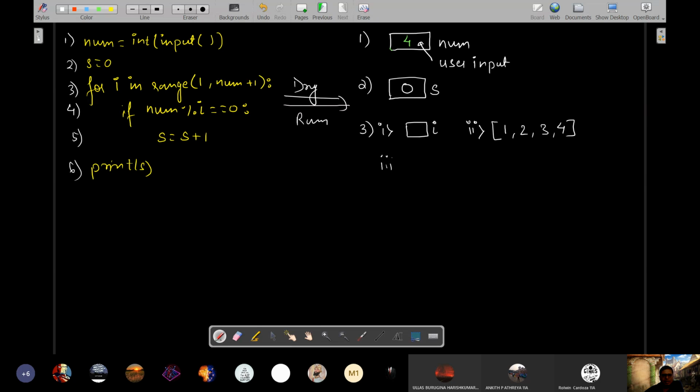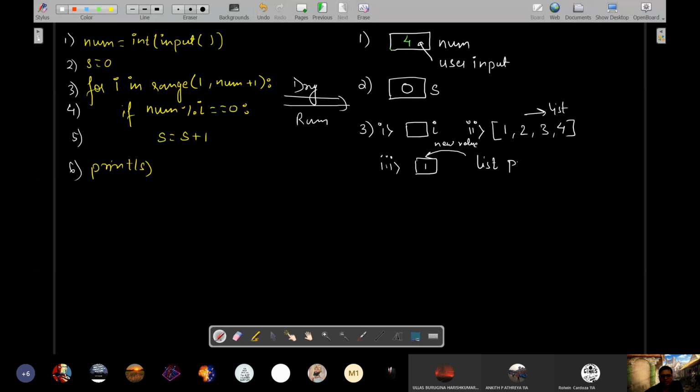In third part, i will be placed with a new value from the list, that is the first value from the list. So i will get from this list a new value, which will be 1.